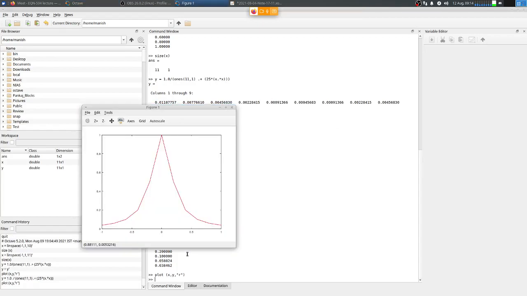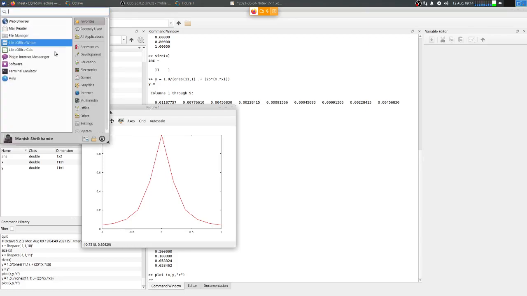So this is a function. Of course, these are only discrete points, so it's only plotting the discrete points. If I plot it using, let's say, GNU plot,